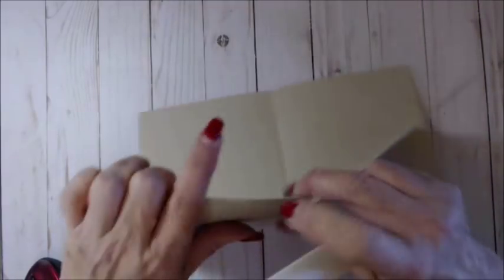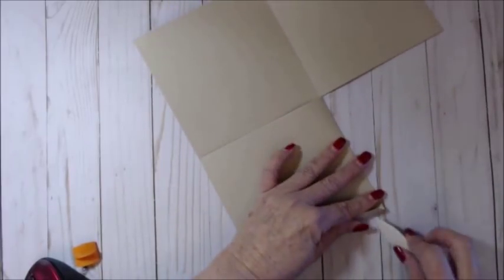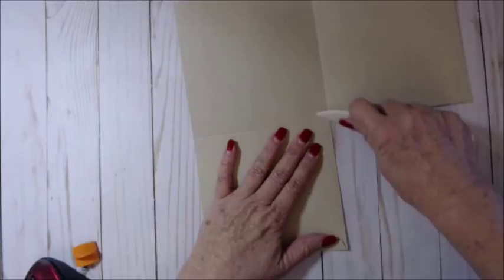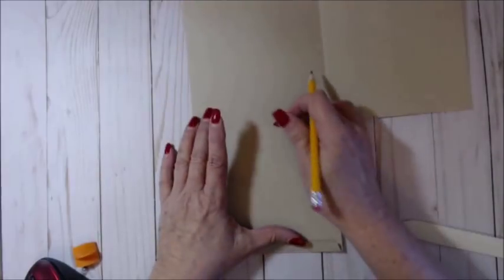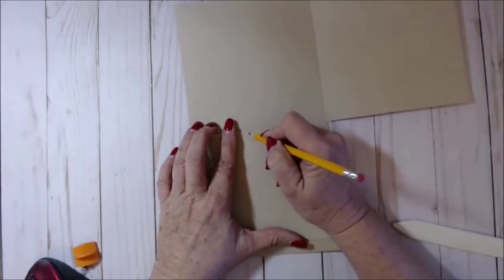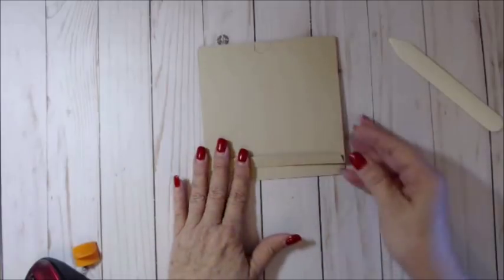Your tab's down here. Fold your tab over. You're going to fold this over. Okay. And that's going to be your pocket right here. I'm going to go ahead and draw a line here just so you can see it. I'm just going to cut this out for my pocket, okay? And then you're going to fold this down and this over. So here's exactly how